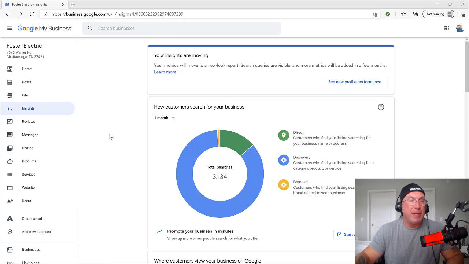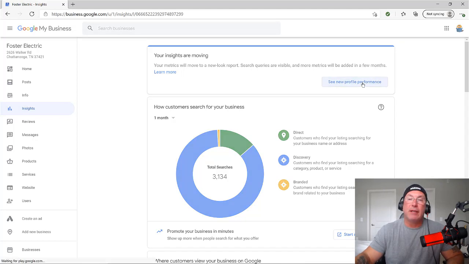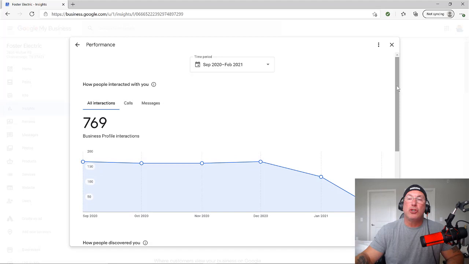That information being keywords they're being ranked for, or keywords people are looking for them for. So what I will do is go over to Insights, see where it says on the top, see new profile performance. This is all within your Google My Business. You just click that, scroll down,